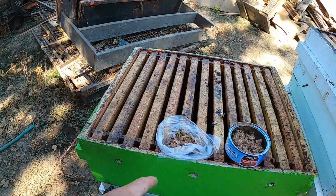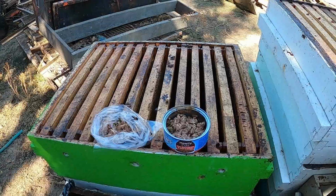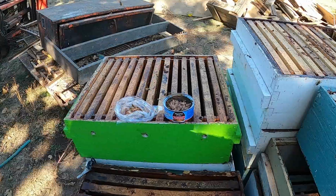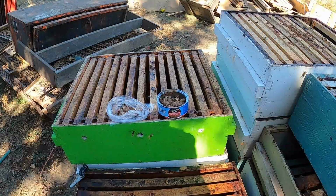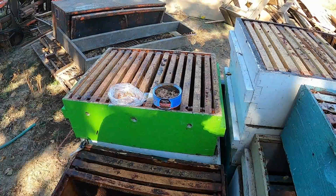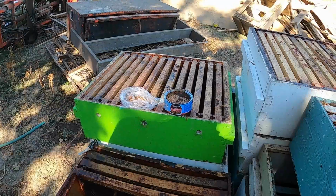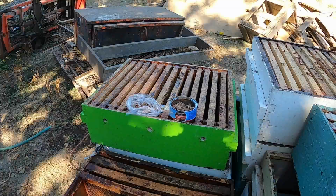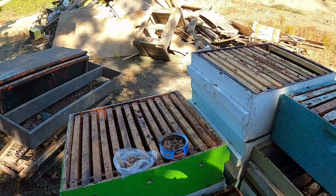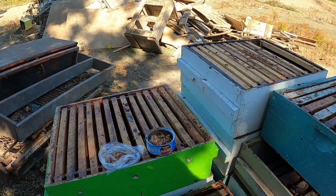So once I knew they were consuming it, I went in and put boric acid in it and brought out another can, and they're in there consuming it. So this may be one of the better ways to get the boric acid into them, because the honeybees don't seem to be interested in it at all, and you can keep it closer to where you're feeding. Where my other experiments, when I had some syrup in them, I kept it away from the